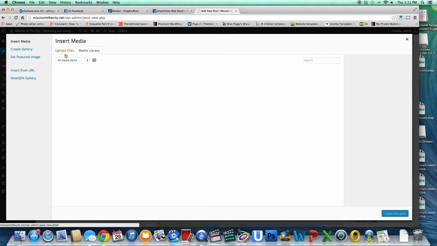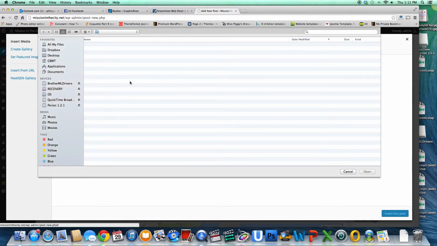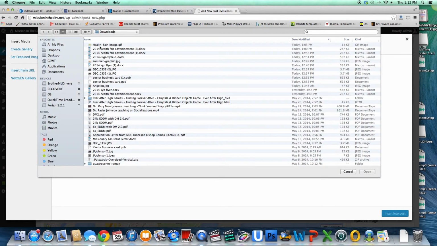and you're going to go to Upload Files. You're going to select the file on your computer. For this example, we will select